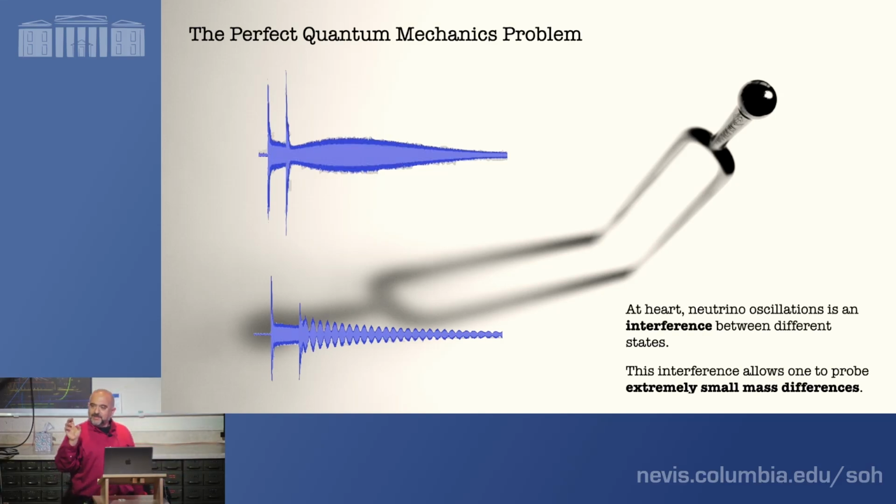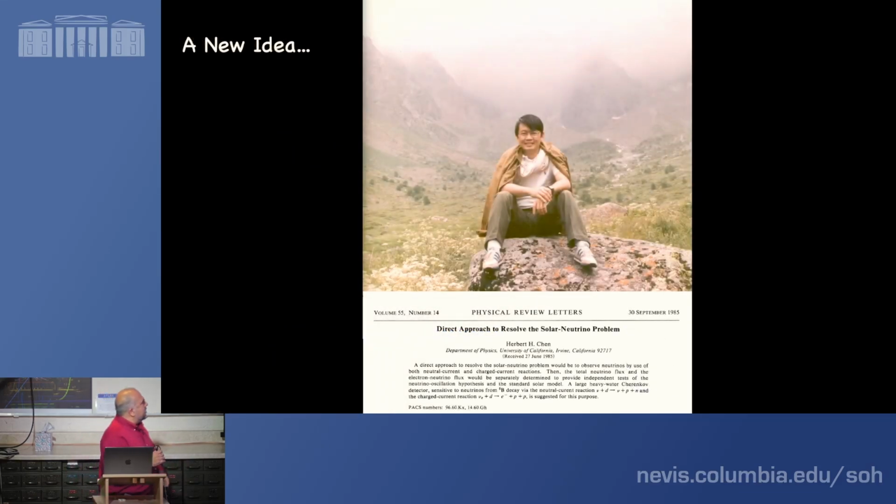Keep that analogy, because that's exactly how neutrinos oscillate from one type to another. But you need that difference. Now, for neutrinos, that difference is mass, but the effect is the same. You get this vibrating pattern that's a lot easier to measure than telling you what the note is. The other analogy I like to use is, well, I'll save that analogy for later. Back in 1985, a brilliant physicist by the name of Herb Chen wrote a paper where he said,